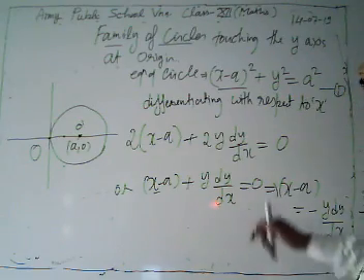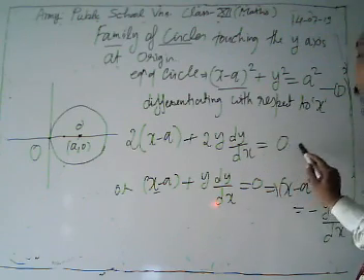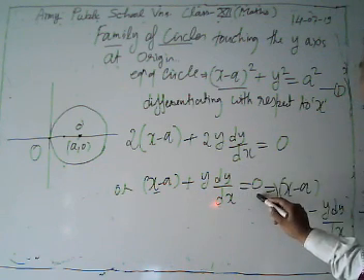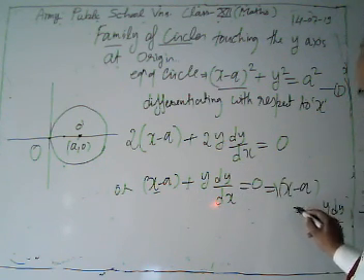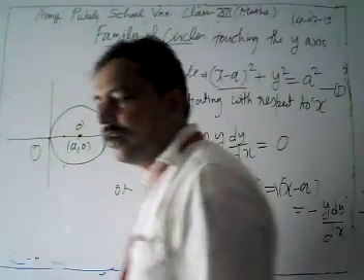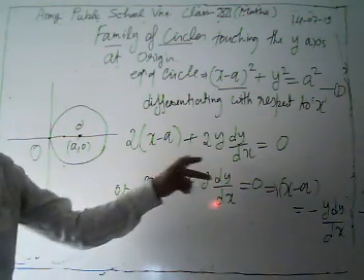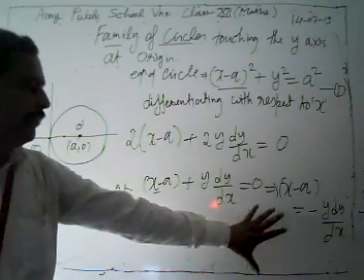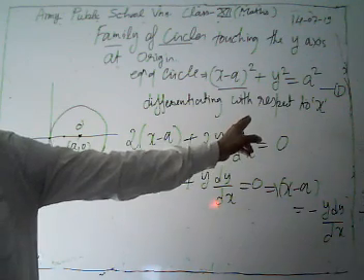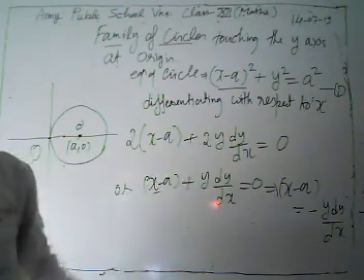Then after differentiating with respect to x, what do we have? We have 2 times (x minus a) plus 2y dy/dx equal to 0. From here, we have x minus a plus y dy/dx equal to 0. Then the value of x minus a is minus y dy/dx. Now we have to decide where to put the value of this x minus a to get rid of a, because when we put the value here, we cannot get rid of the a square there. So what do we do? How can we solve it?